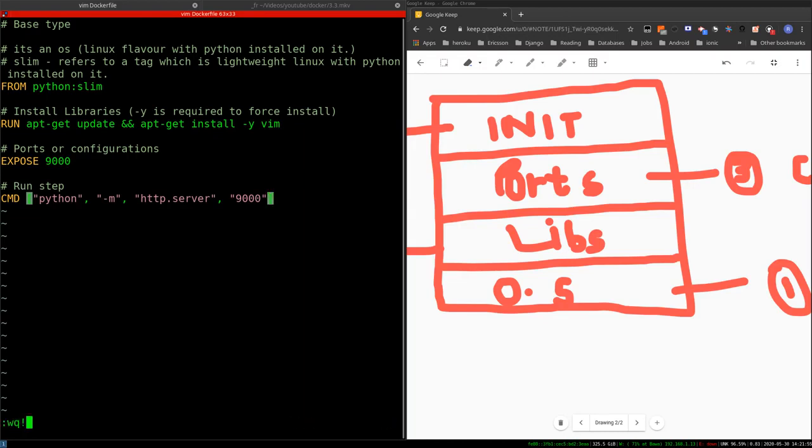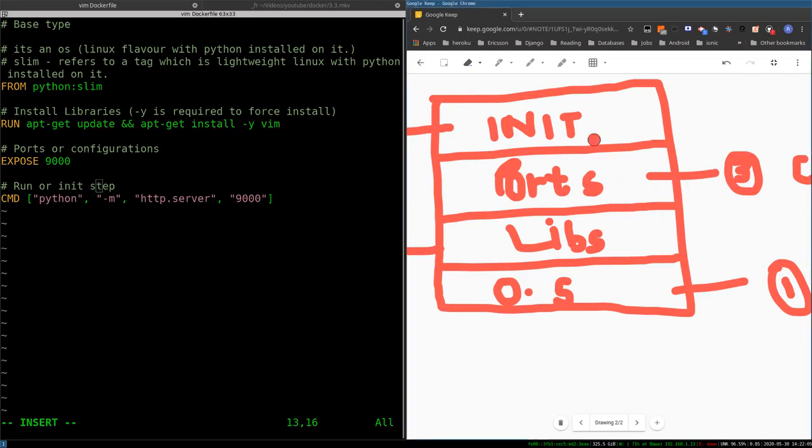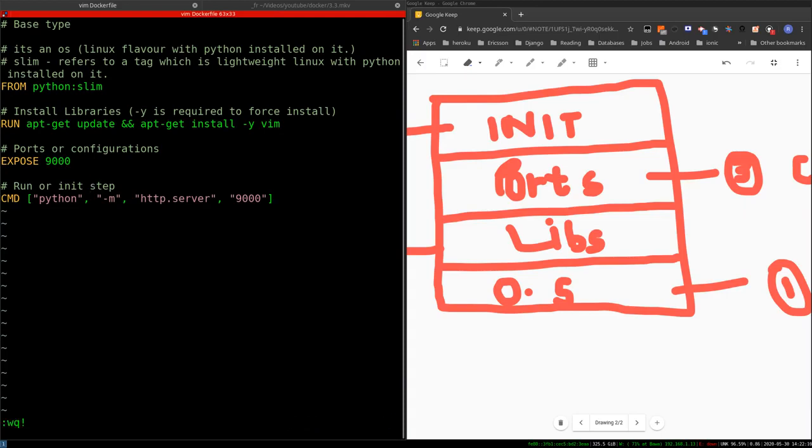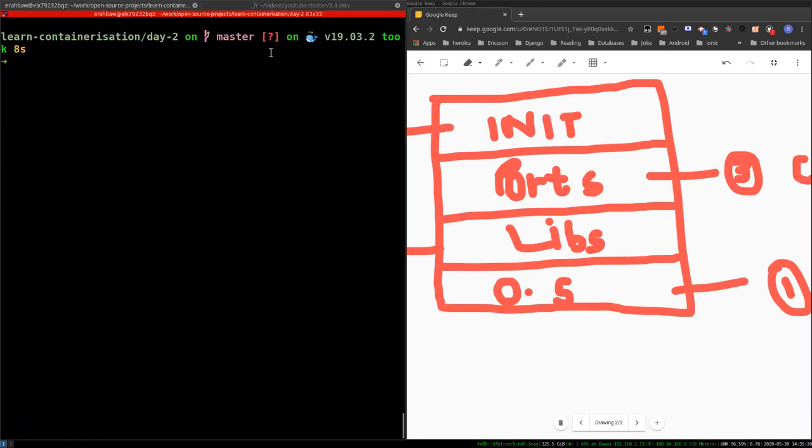Now let's save the file, and I'm also going to name it run or init step so that it corresponds to what we have written on this side. Now let's save it. Now we are going to build the Docker file that we created just now. So for that, I'm going to type docker build because I'm building it. I'm going to give a tag called day2, and my current directory is where the Docker file is and all the contents related to it is. So I'm going to type dot,